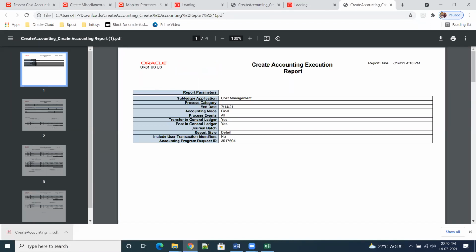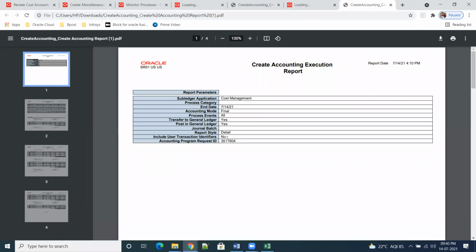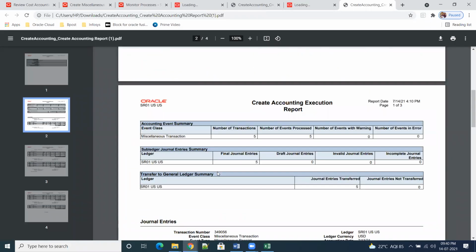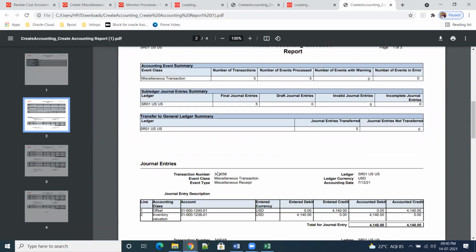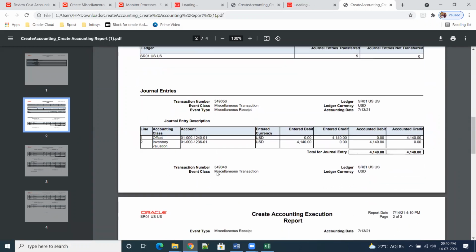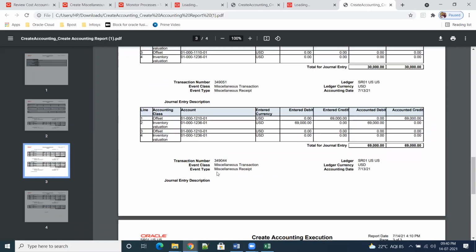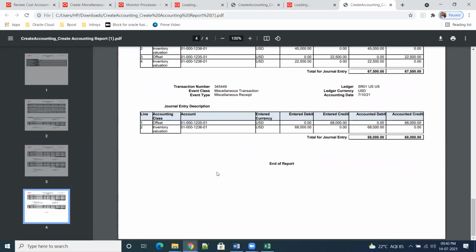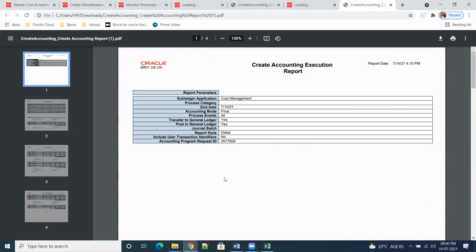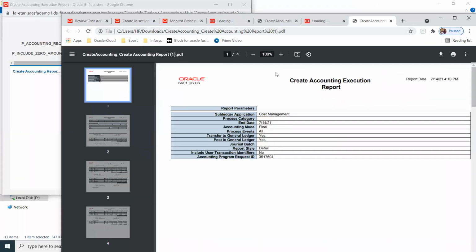So process report style include user. Okay, this is accounting process ID. Why it is failed? It is not showing anywhere. Not showing anywhere why it is failed. I'll try to verify it. What could be the reason? Because currently I don't know what exactly.